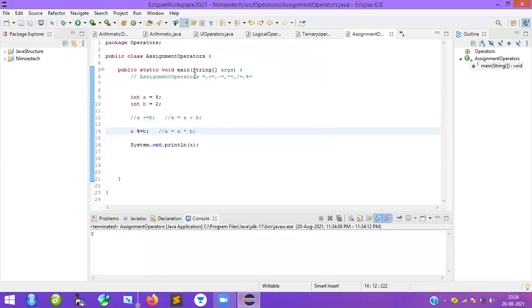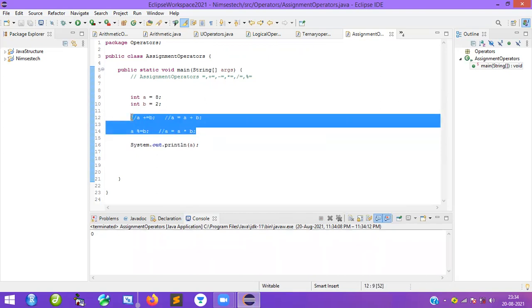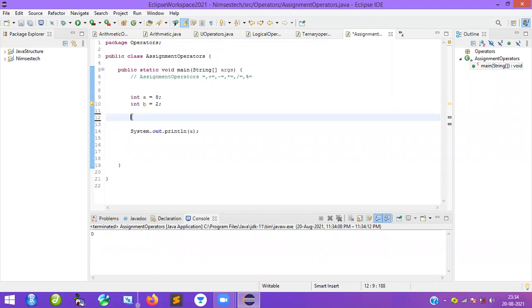So this is what exactly these operators do, but I will show you something very necessary as well as very important. Suppose I add a and b: a is equal to a plus b. When you do this, we get the value. But I will change the type here, suppose to short. I will mention short here, and again here, instead of int I will mention short.